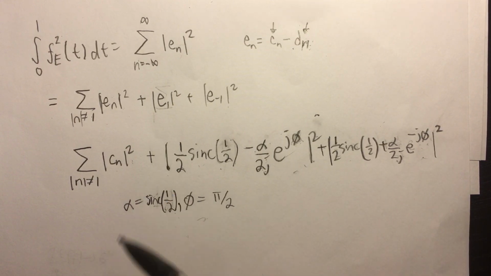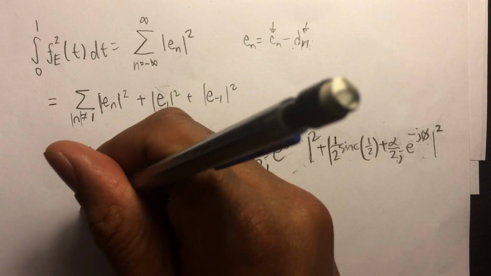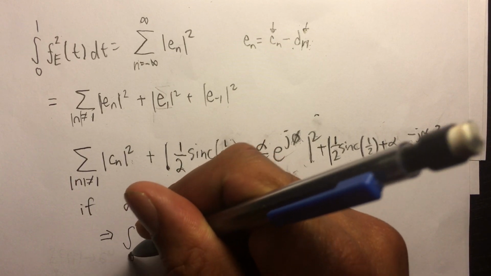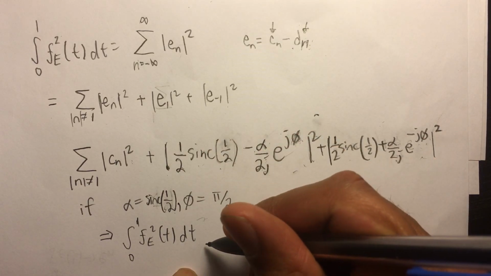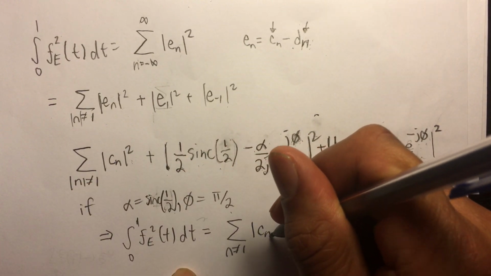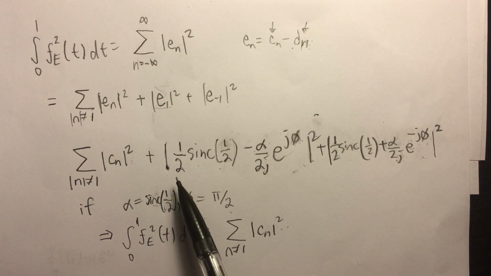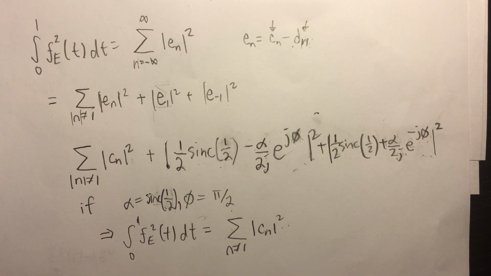So if we make this choice, we find that the mean squared error is equal to the sum for n not equal to 1 of cn squared. So in fact, it is minimized, because the best we could have done was to make these two terms 0, and that's in fact what we did. Okay, so that's the first part. Then the second part